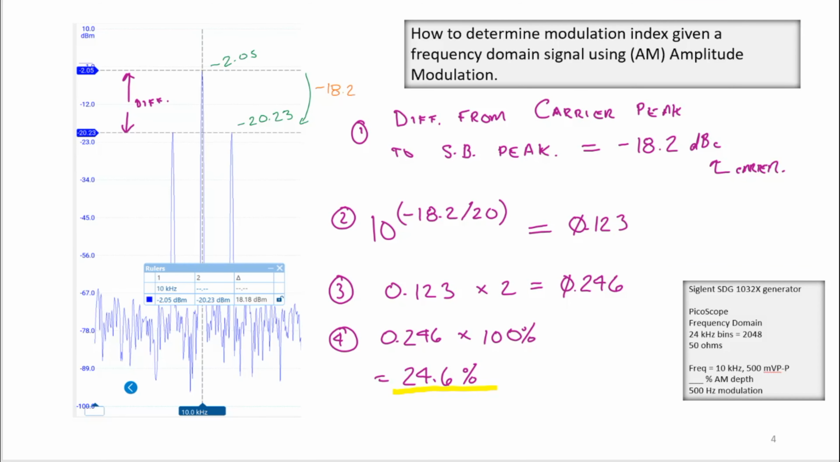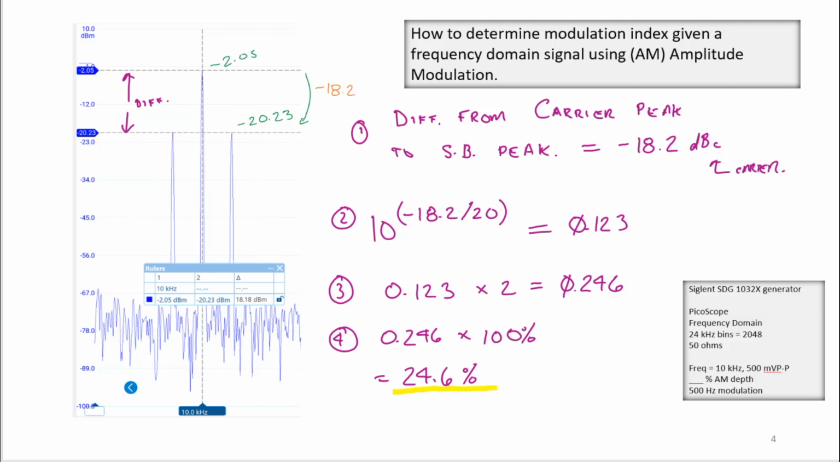Okay, in this slide, here's one of the methods to determine the percent modulation, or the modulation depth, in this case in percent. What I did was set up a generator. So I'm actually using a generator here. I'm going to get the right answers probably. And I noticed that my peak was at minus 2.05 dBm and my side bands were at minus 20.23. So I find the difference between the sideband and the carrier frequency, and that gives me an answer here of